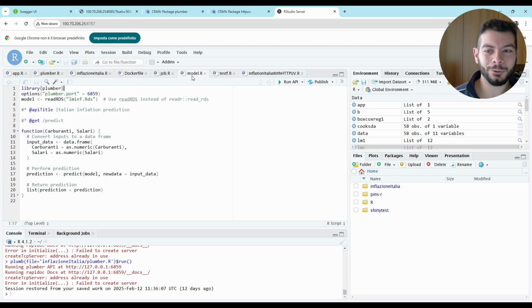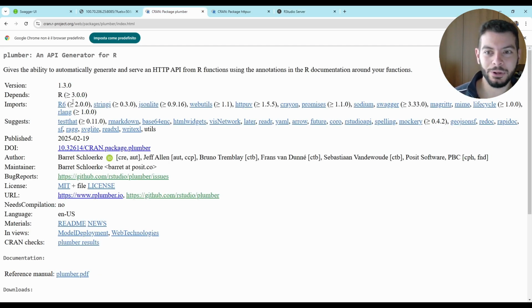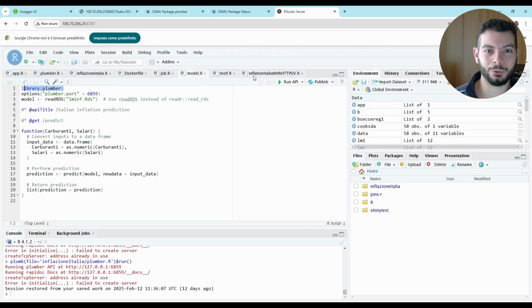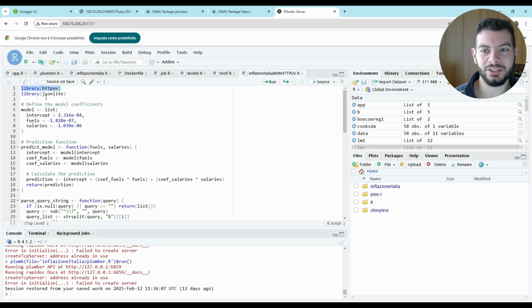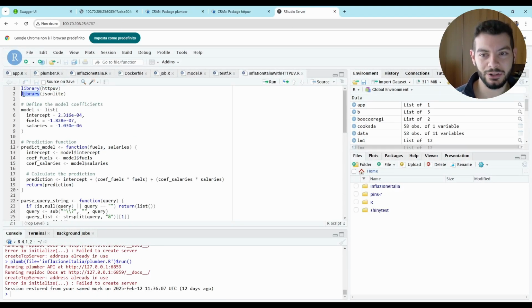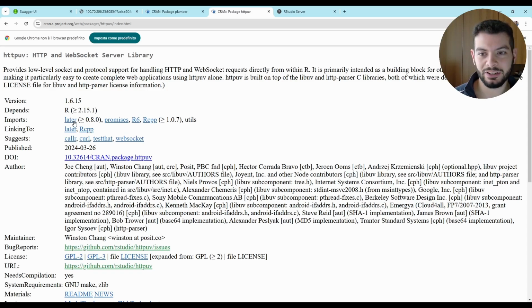But if we go to see the specs of this library, we notice that we have this amount of dependencies. If we go to see the dependencies of this library, we see that we have much fewer dependencies. Then here I also added this one, but basically it is very light, as the one I'm showing you.